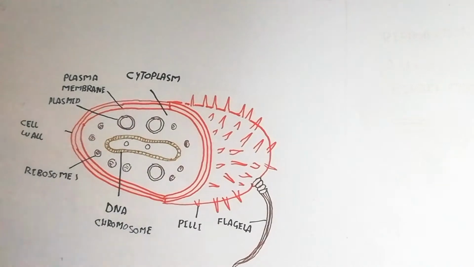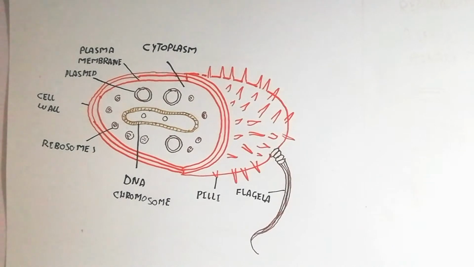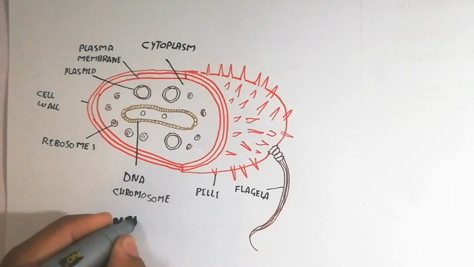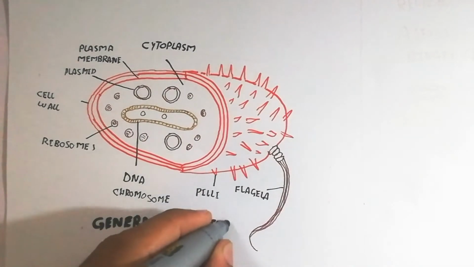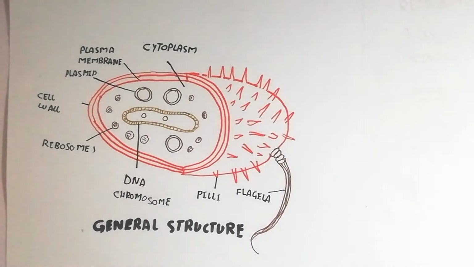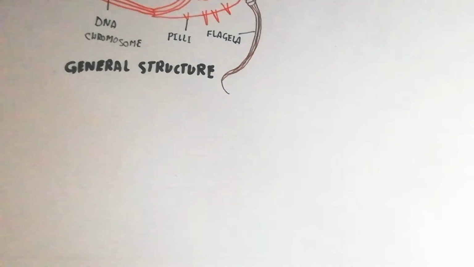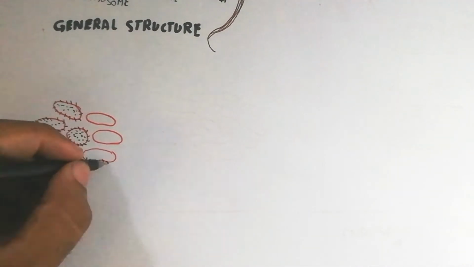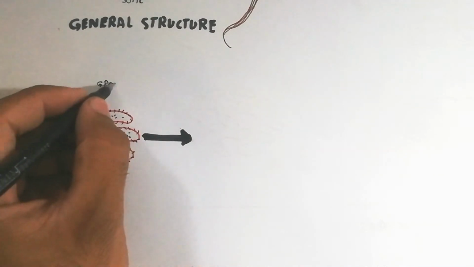So here is the DNA chromosome, for example, and here are the ribosomes, which are present in large numbers, and glyoxysomes and some little organelles are also present as well. But the difference is that the eukaryote has more advanced organelles as compared to the bacterial cell. First of all, the mitochondria is not present, so glycolysis occurs just to produce pyruvate. That's another topic we will discuss in another video, I will make about that.